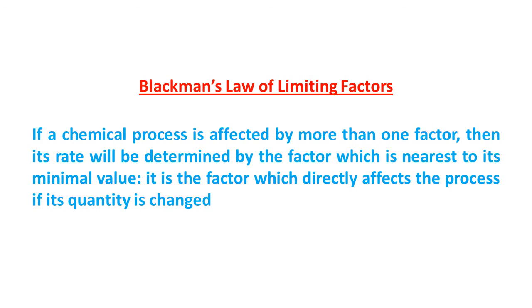This statement is very important during study of various factors. For example, despite the presence of a green leaf and optimal light and CO2 conditions, the plant may not photosynthesize if the temperature is very low. This leaf, if given the optimal temperature, will start the photosynthesis process. So this way, for the study of various factors affecting the mechanism of photosynthesis also, it is important to study Blackman's law of limiting factors.